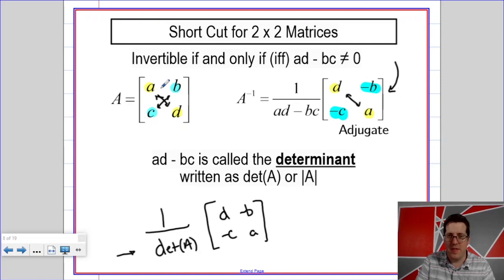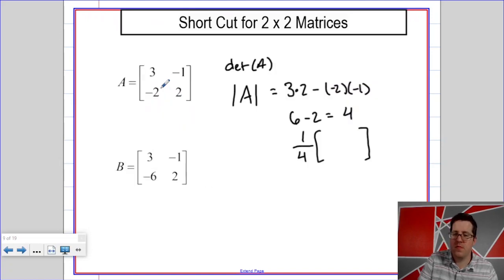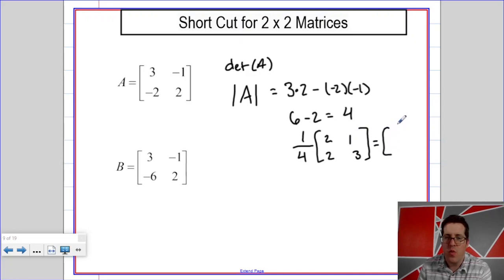If you hadn't written that down, now would be a good time to pause the video and write it down. So we are going to switch the positions of A and D, and change the signs of B and C. Then we multiply our scalar in, and we're going to get